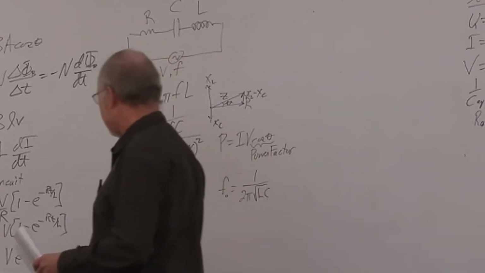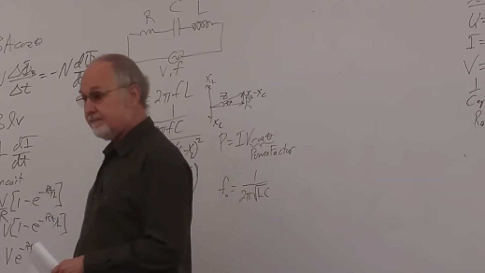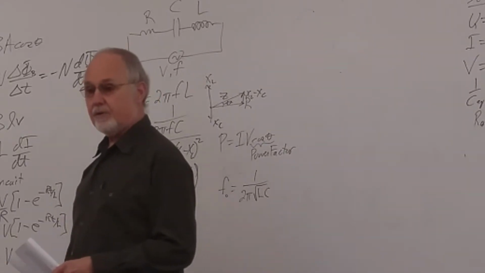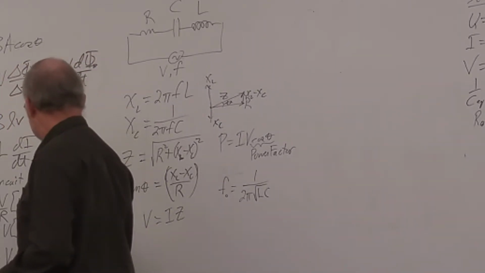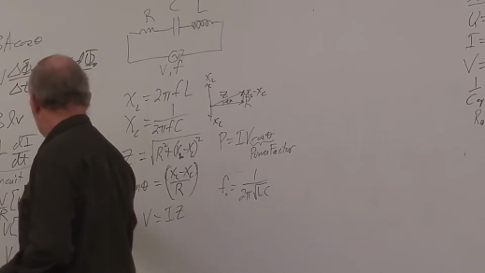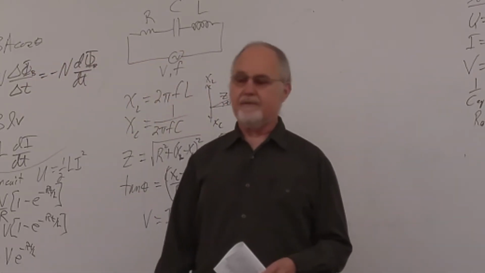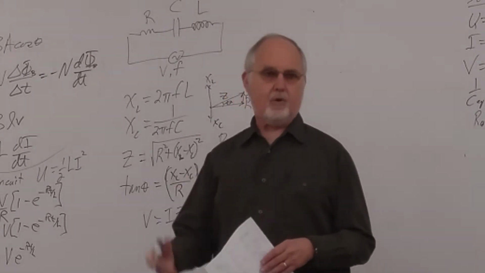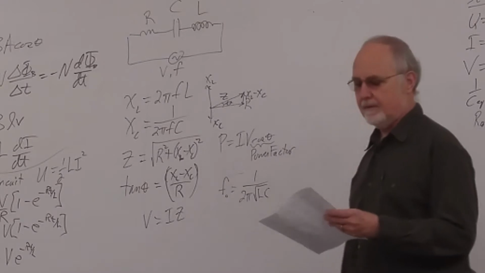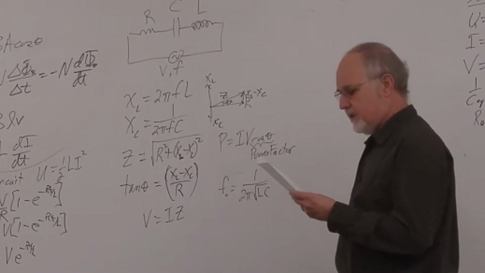This RL circuit: you've got a coil in your AC or in the DC circuit. You've got current going through the coil that produces a magnetic field. Energy stored is 1/2 inductance times current squared, the 1/2 L I squared, energy stored in the magnetic field of a coil. So we had power, resonance frequency,